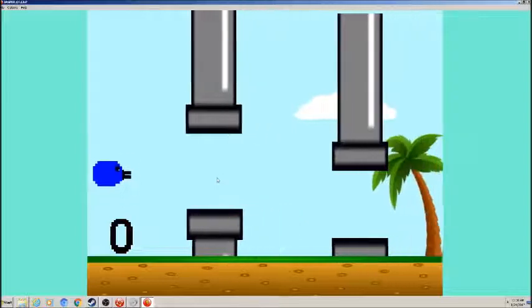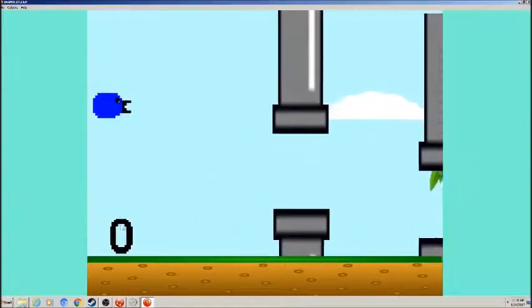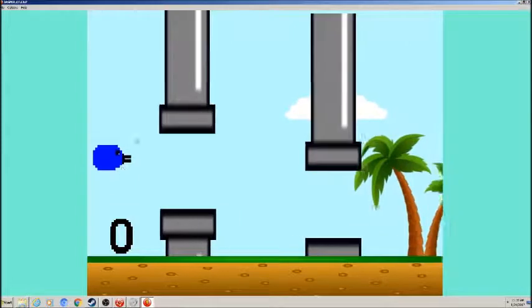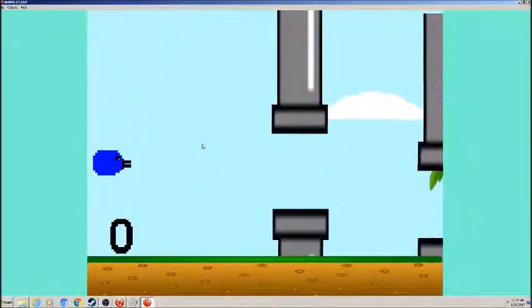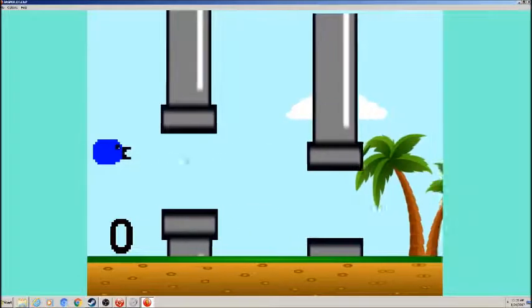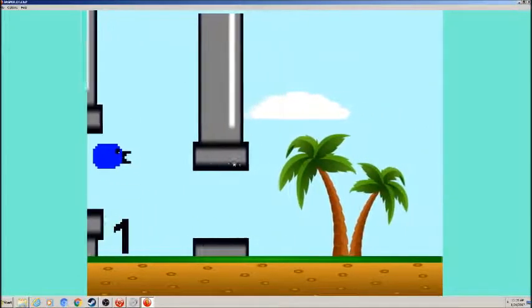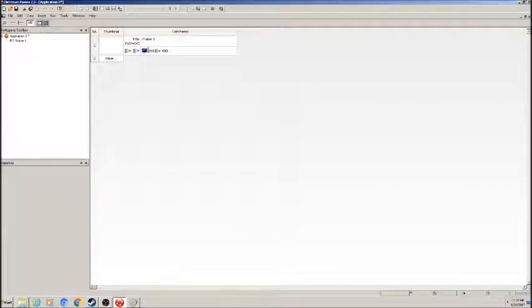I'll teach you guys how to make Flappy Bird. There's going to be a random number generator, which will make it more like Flappy Bird than any other tutorial you'll find on YouTube or anywhere on the internet for that matter. Or I don't know about that. Anyway, level size, we're going to set it to 1600